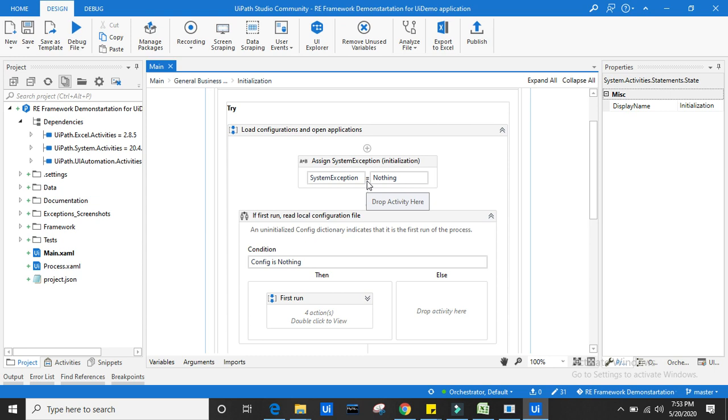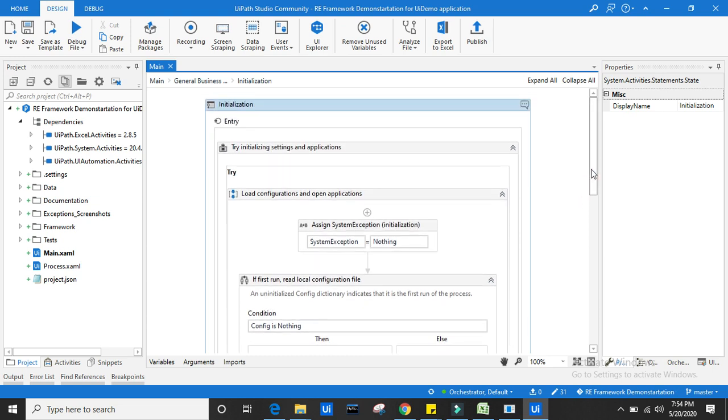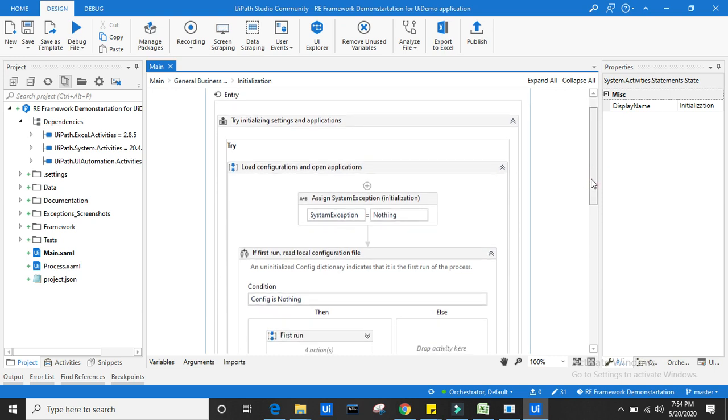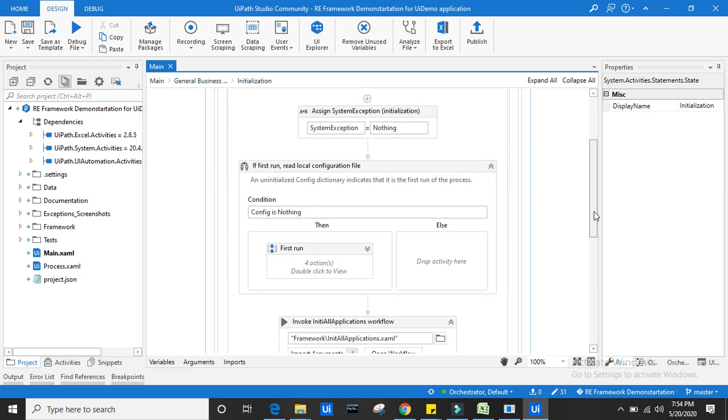At the first go, when you are dealing with the very first examples, you don't need to go in depth into what exactly this means. But just keep it in mind that during the initialization phase, it will initialize the settings in the config file, and it will also initialize the applications, might be a web application or your Windows application or any kind of application. So our focus should be on the config file.